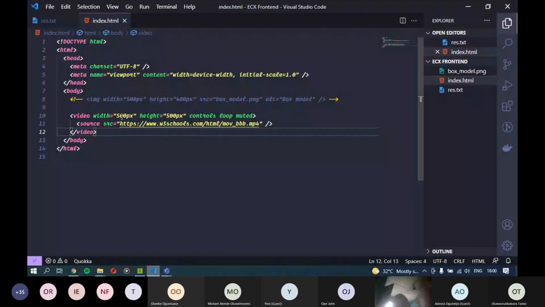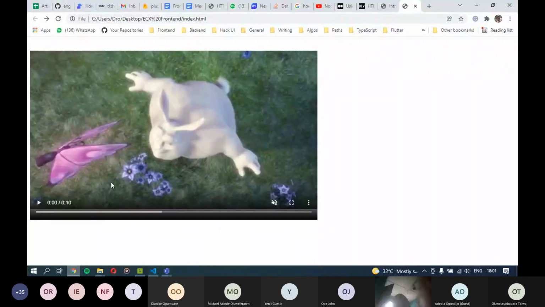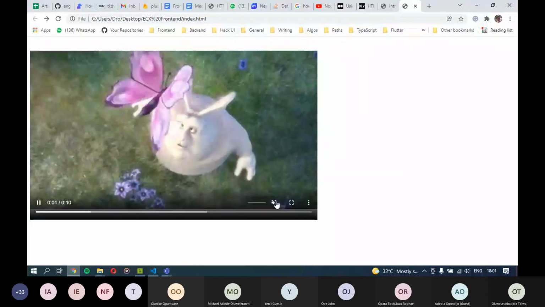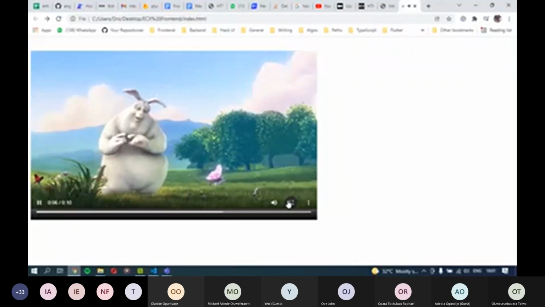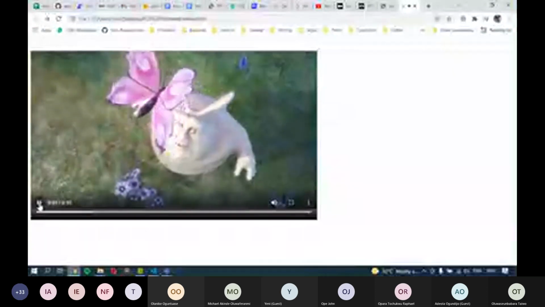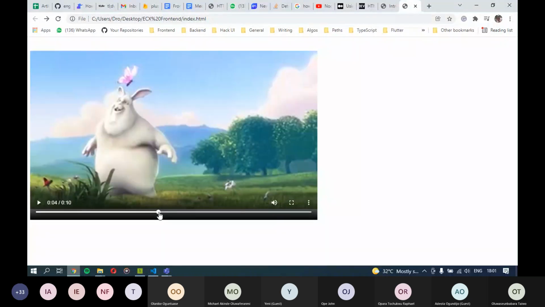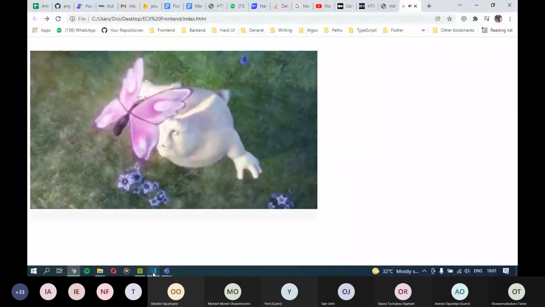So if you play, you can unmute it. You guys will not be able to hear the sound because I'm listening to the video on this call with my earpiece. But basically, you see that we have access to all the controls. We have the pause, we have the play, we have the track bar, we have full screen, we have even more things, download, playback speed, and so on. And if you notice, when the video gets to the end, the video automatically goes back to the start, like it starts by itself again. So that was what the loop did for us. So that's about that with video tags.